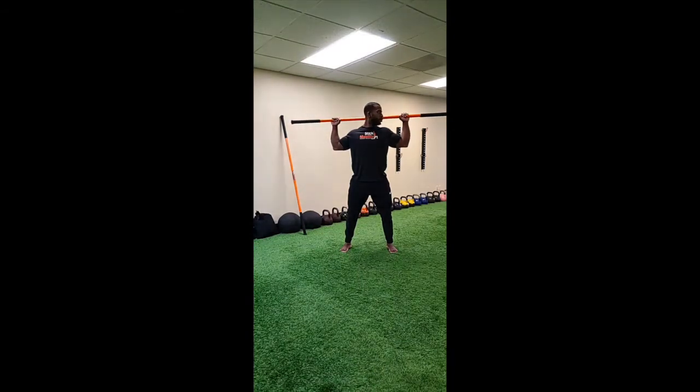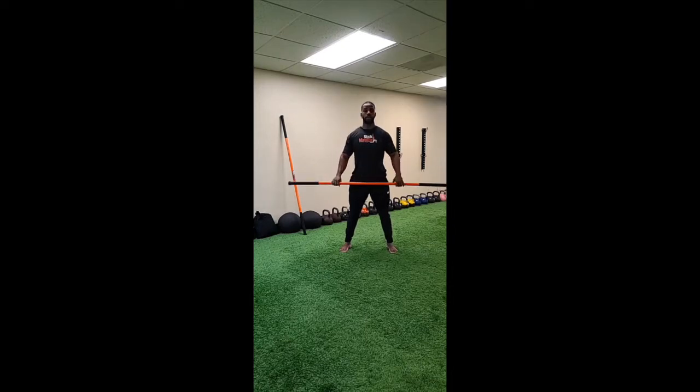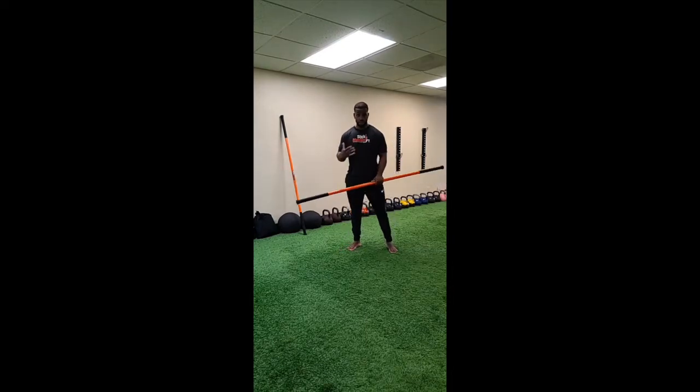You're still driving your head back into the stick. Good, back to center. Now rotate to the right. Good, back to center, and ease off. Good, okay. So let's get in a little bit of kayaking and finish off warming up the shoulder blades and